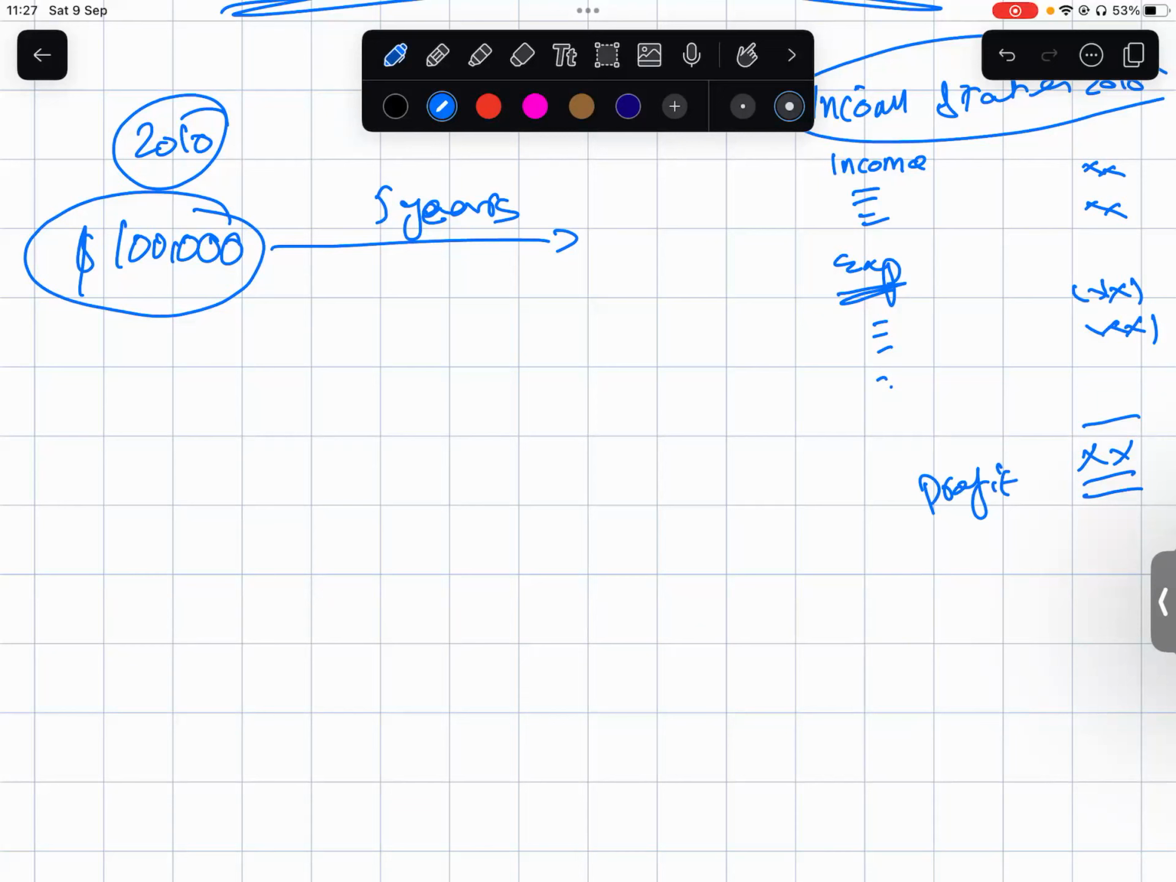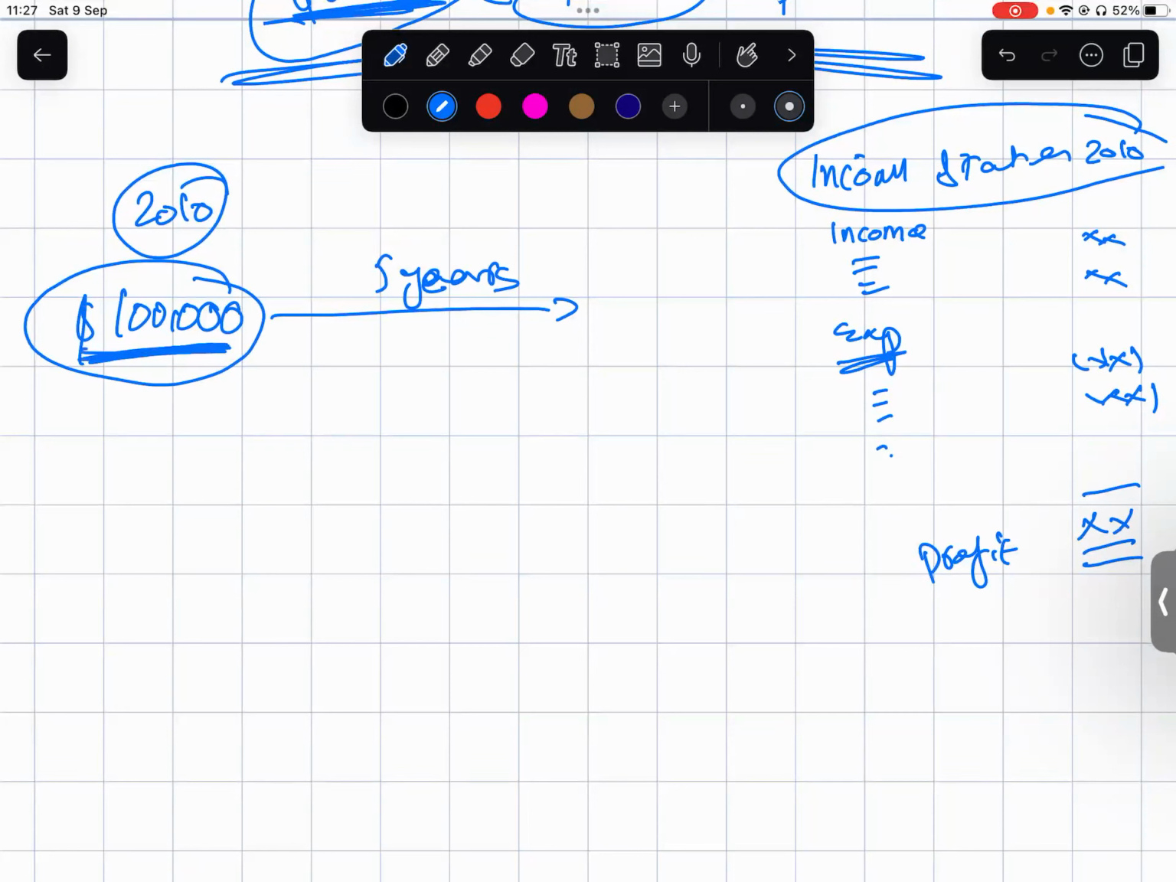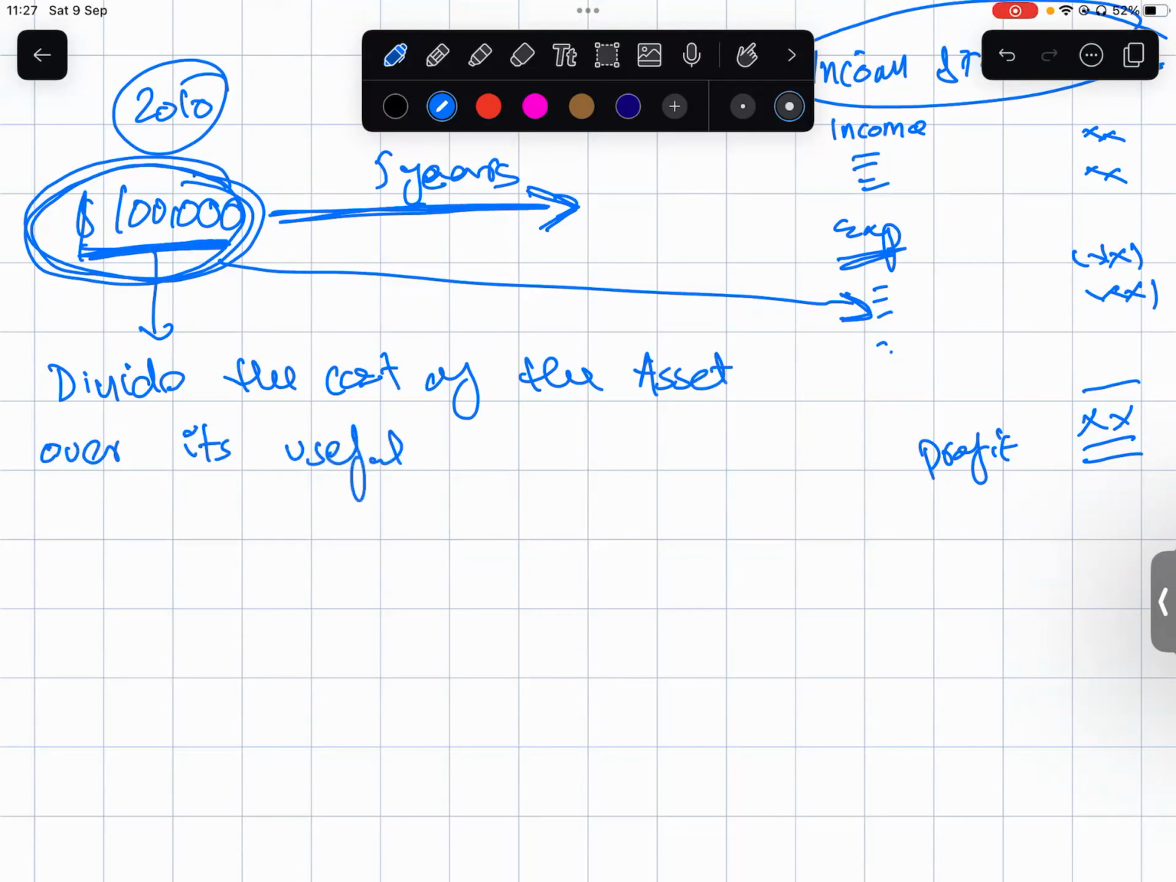We will get to that. This is very simple and basic. Anyway, the thing is that this 100,000 that you just spent is sort of an expense. Now, considering that you're going to use this for the next 5 years, it does not make sense that you charge the whole $100,000 as an expense on the income of just 1 year. This is the income statement for just 2010. So what you do is you divide the cost of the asset over its useful life